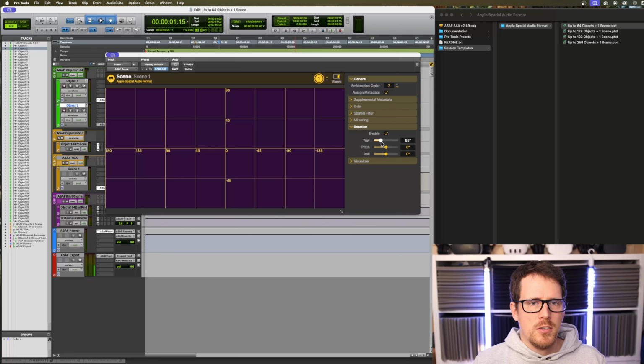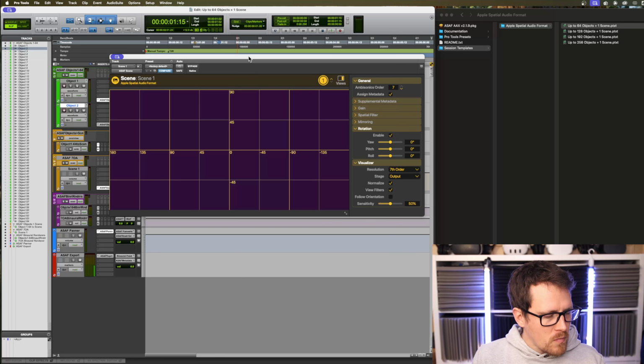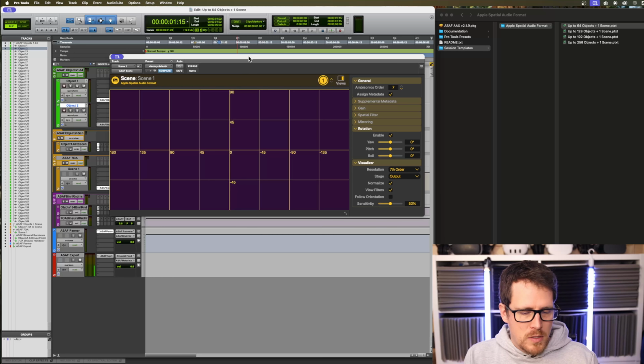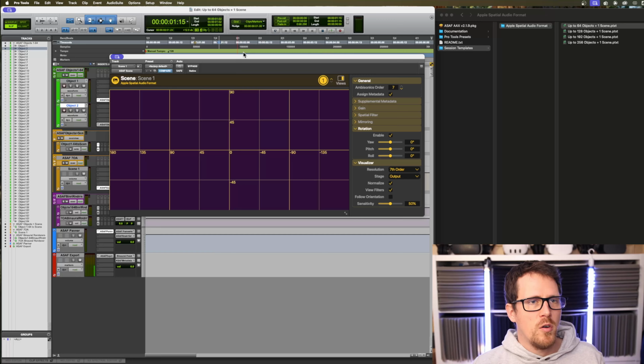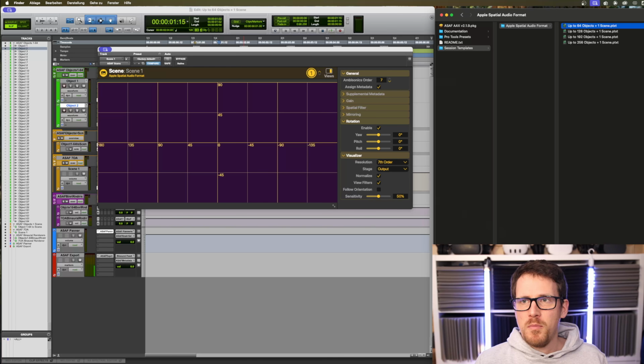Then there is the rotation of this whole scene. We will get to this later, I think, again. And there's even a visualizer that's very familiar for people who know Ambisonics visualizers, like the IEM suite has a visualizer, and Audio Ease, and this is a feature I always loved about it, it does have a visualizer on top of your video. Speaking of video, we now have a new video player.